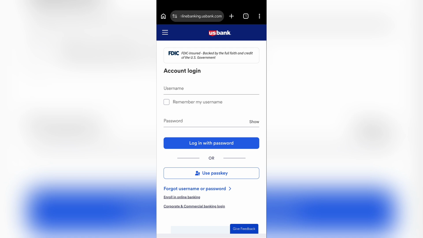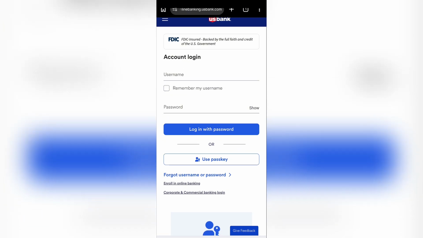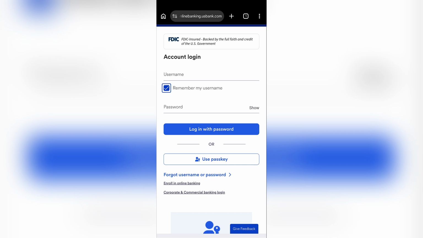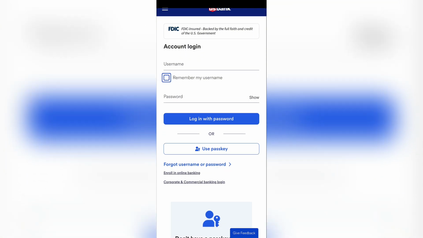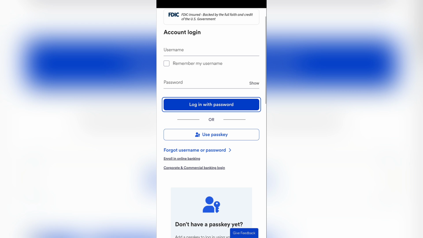Now in order to log in with your password, simply enter your username at very first, and after entering username, enter your password in second row. And you can also check this box if you want to save your login information in your browser, otherwise you can leave it as it was. Then tap to log in with password in order to log into your specific account. This way you can very easily log in to your US Bank's credit card